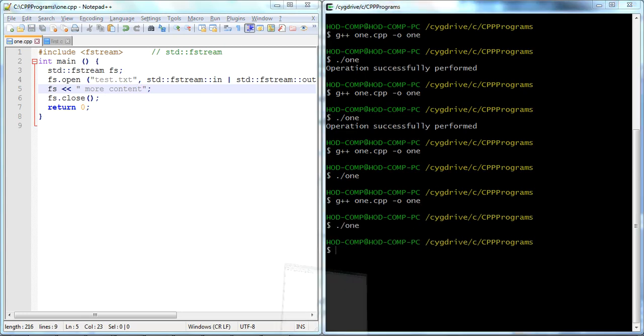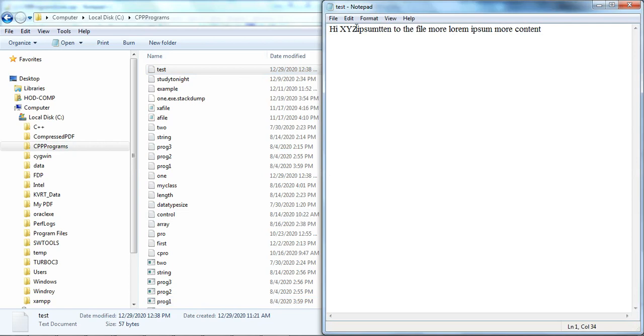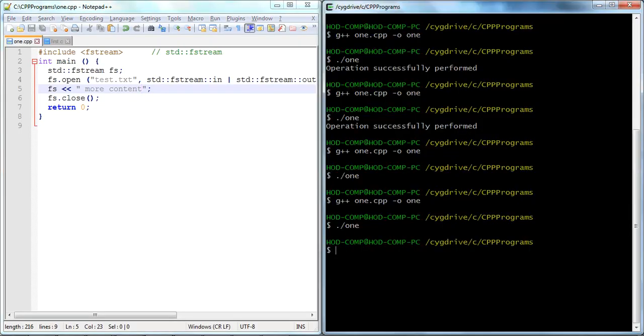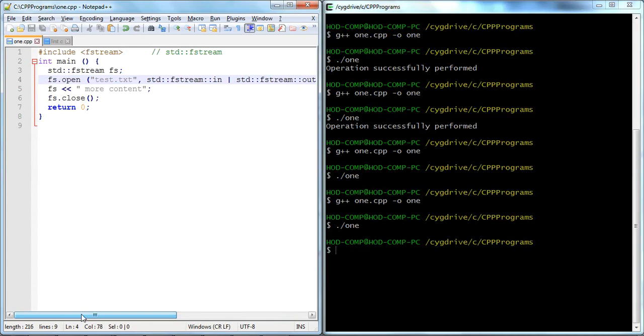Okay, now we will just do a check on the file test. It's just to add more content at the end of the file. This one is the previous content, and then we will change it to more content, right? That's why it's appending, because we open the file with read, write and append mode, right? That's why the cursor goes at the end of the file and then it writes the content, more content, these two words at the end of the file, and then closes the file.